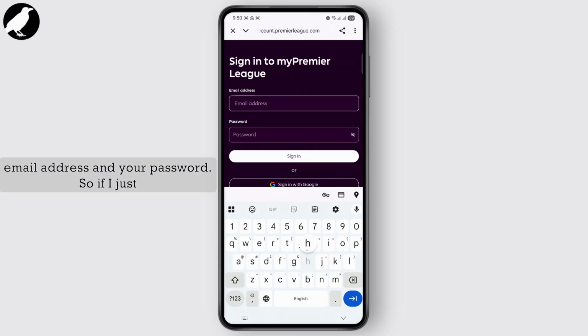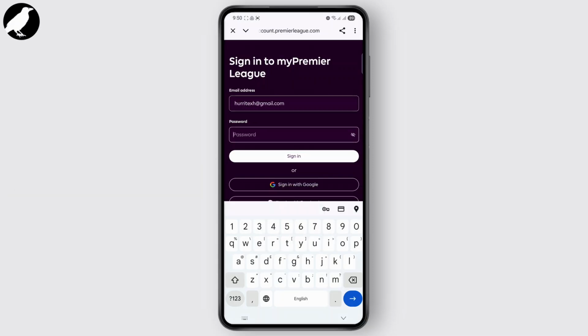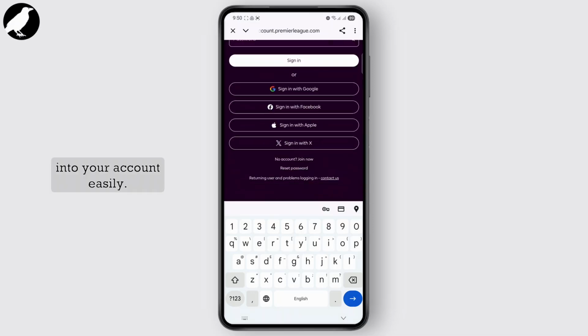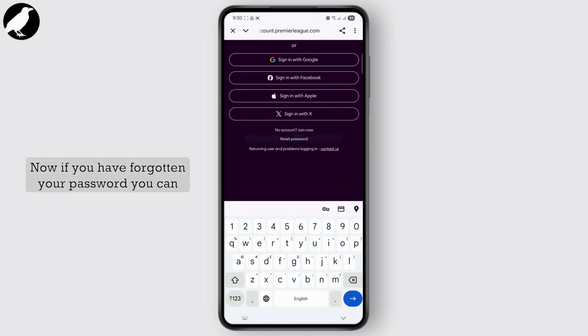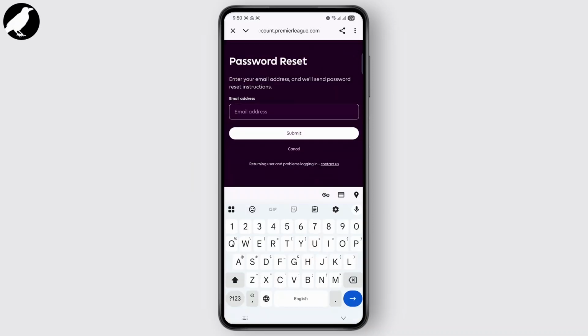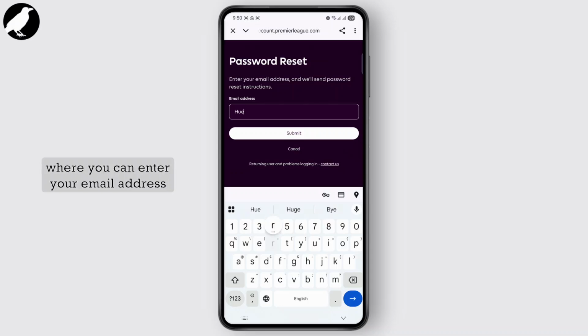address and your password. So if I just go ahead and enter my email address right here and then password and click on sign in, you should be able to sign into your account easily. Now, if you have forgotten your password, you could just go ahead and click on reset password, and it's going to take you to a reset page where you can enter your email address, and then it should help you